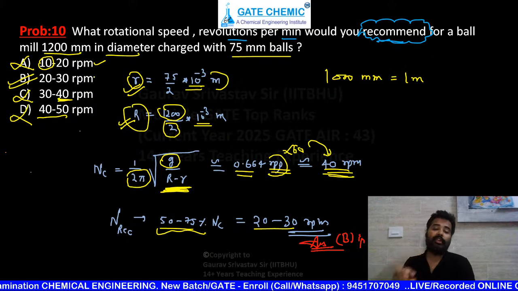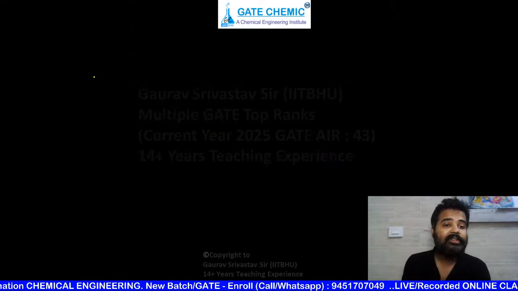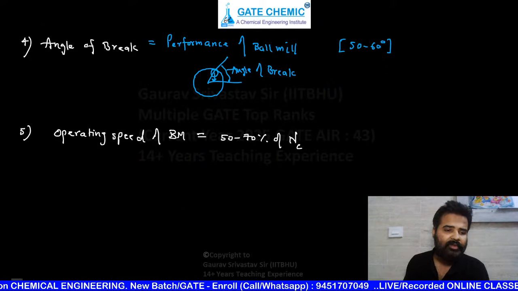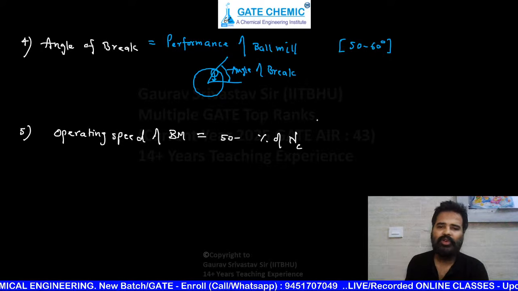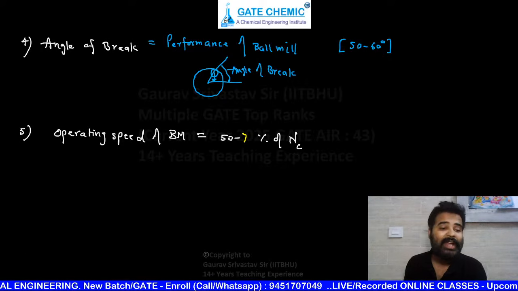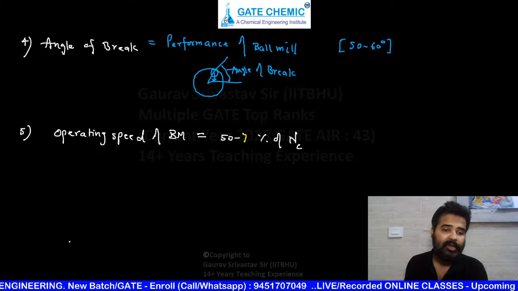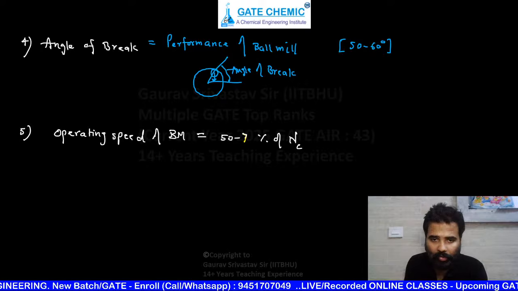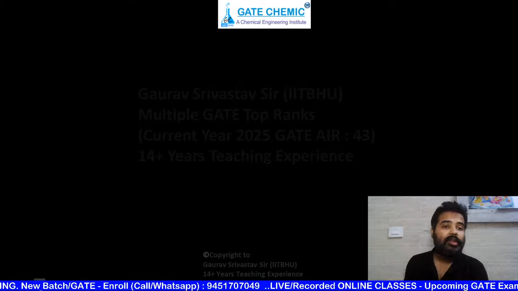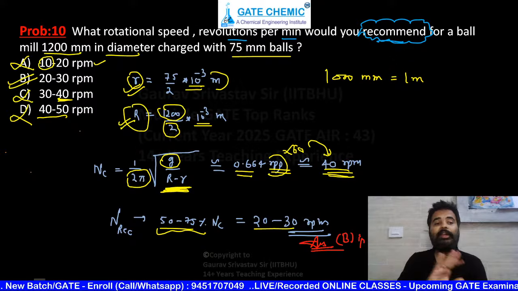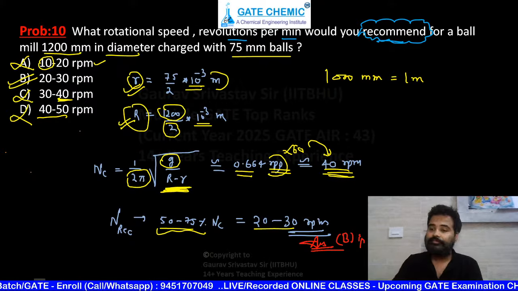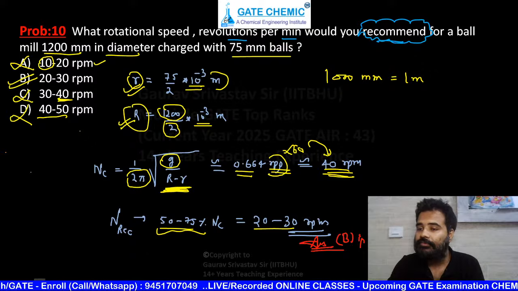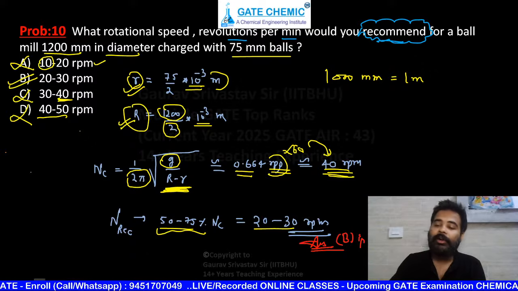This numerical is okay, crystal clear to all of you, beta? Please tell me. ये सभी को क्लियर है क्या? यहाँ पे 75 चाहो तो कर लो, हालांकि किसी बुक में 75 लिखा है, किसी में 70 लिखा है. No need to worry. This is, as I told you, typical range. Typical means slightly up or down. Okay. So tell me, the ball mill numerical, crystal clear to all of you? कोई डाउट नहीं है किसी को? All clear, my dear students?